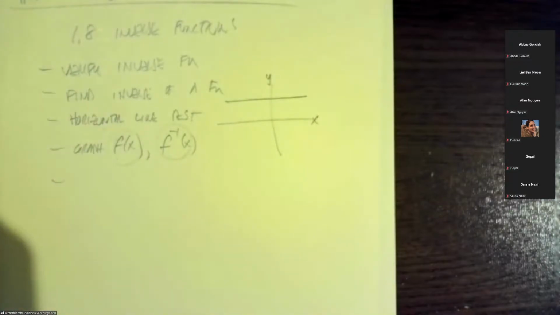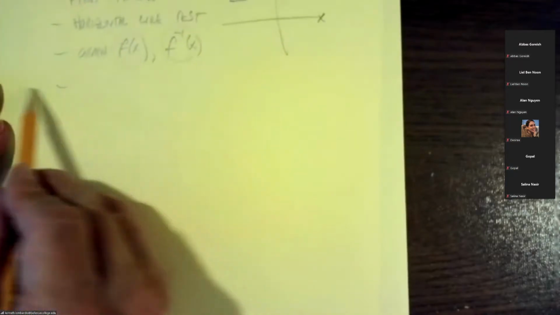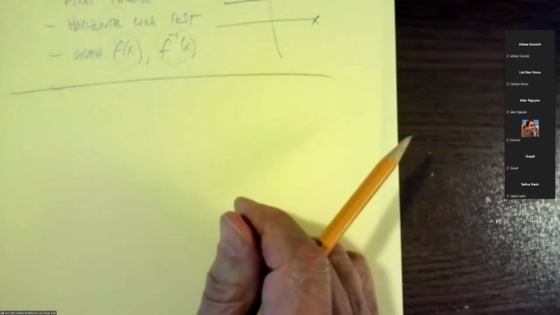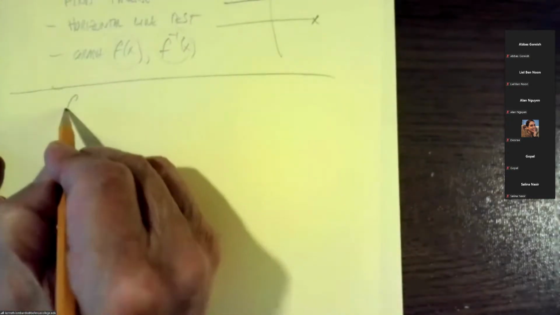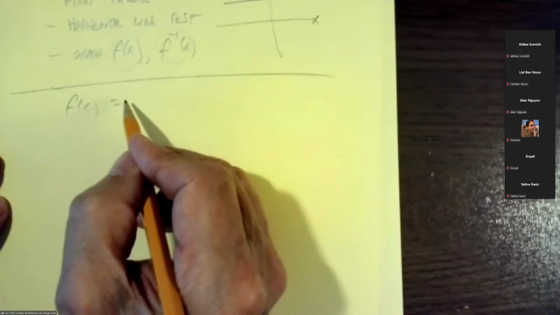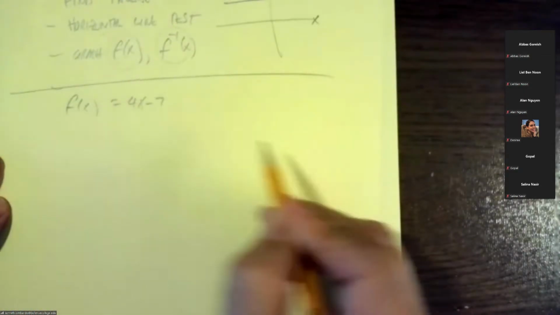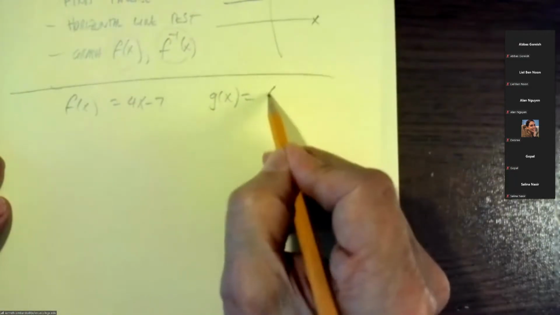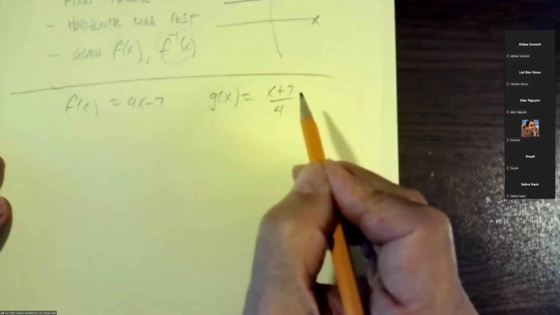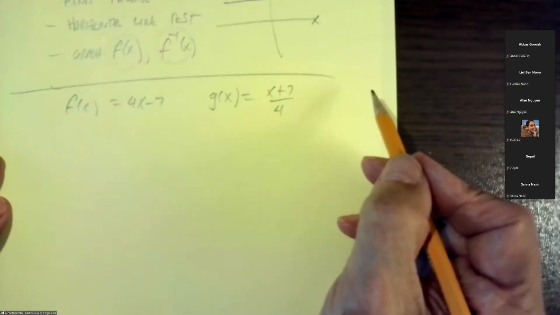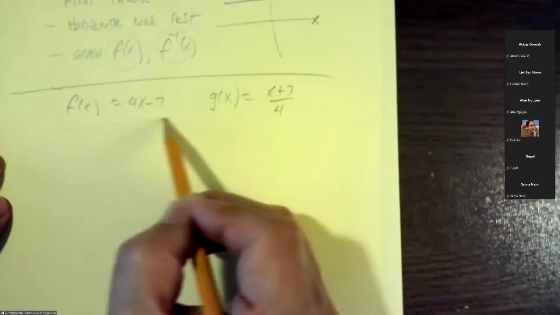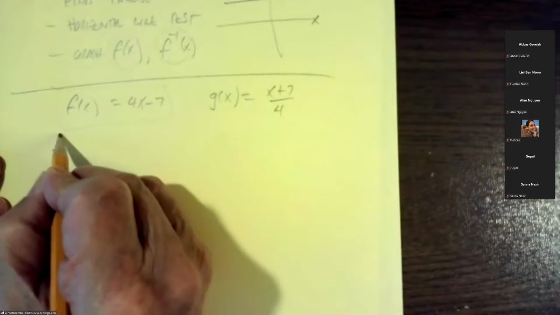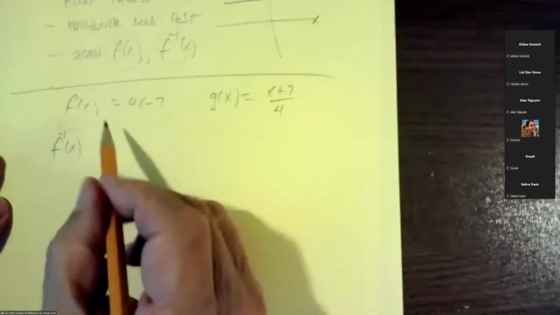All right, so let's go ahead and take some examples and see if we can explain some of these concepts through the use of examples. So if I give you a function f of x equals 4x minus 7, and I give you a g of x that looks like x plus 7 over 4. And if I ask you to find the inverse of this function, which is f inverse of x,